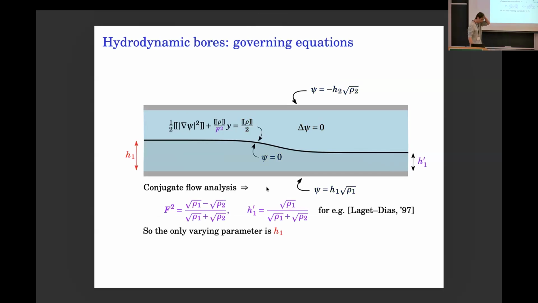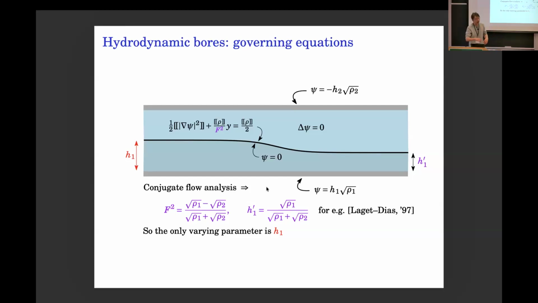Somehow this is due to this idea of Benjamin, which he referred to as conjugate flow analysis, which is a necessary condition among those parameters to be able to accommodate this kind of Frank type solution, which is very much first principle based. This is all completely algebraic. You check the conditions at plus and minus infinity, and then you make sure that you have mass conservation, energy conservation, momentum balance. It's just like that. So you have 3 algebraic equations to solve, and they're all parameter dependent.